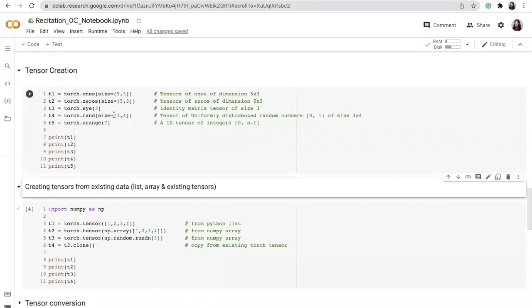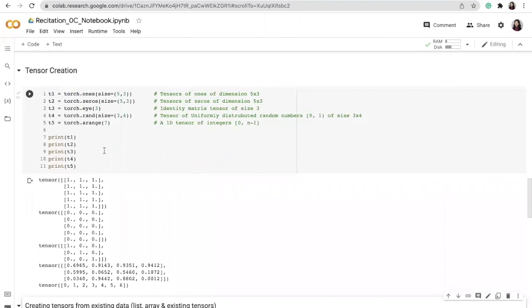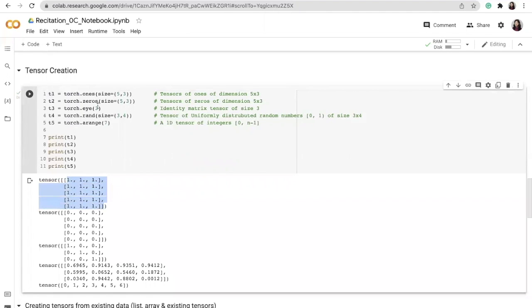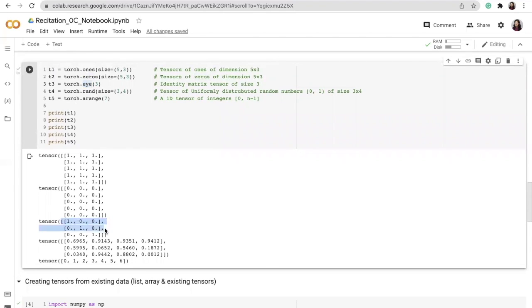Now coming to tensor creation, let's see how we can create tensors. There are some very simple functions that you can use. If you call torch.ones, you will get a 5 cross 3 tensor of all ones. That means 5 rows and 3 columns. Then you can also have torch.zeros. That means you initialize a tensor of all zeros of size 5 cross 3. There is the torch.eye function, which lets you create a square identity matrix of size 3.